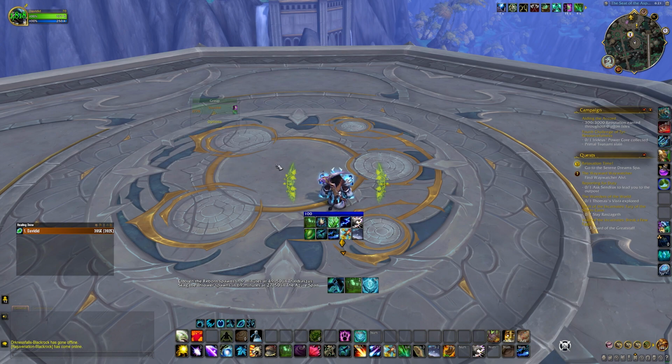And always make use of this right here, this Clearcasting state. Whenever that's available, cast your Regrowth on whoever's low or on a tank or somebody you expect to take damage, because it will heal them instantly when you cast it, but it will also give you a nice HoT on that person as well. So typically the way the rotation works, now that we're finally into it, is you want